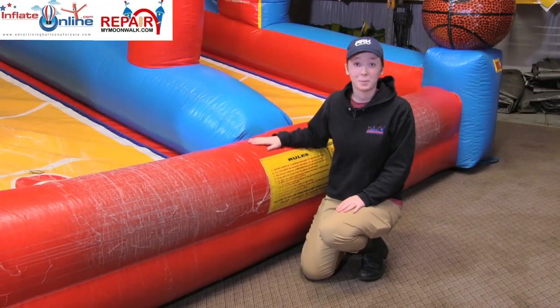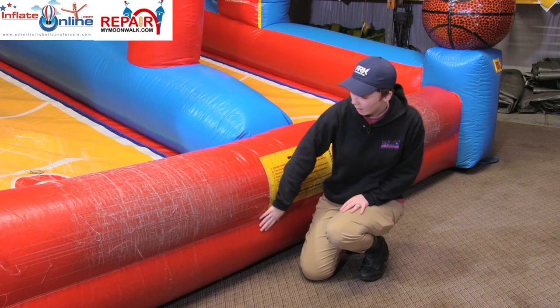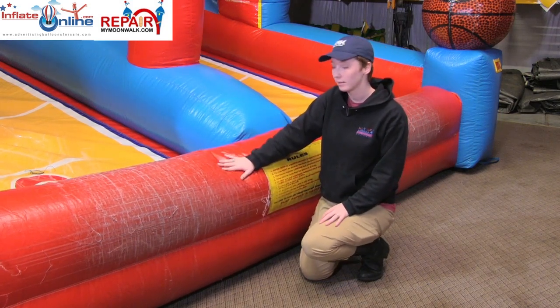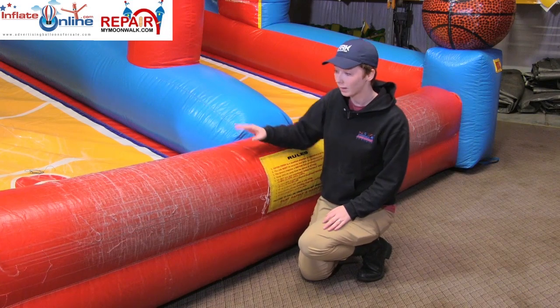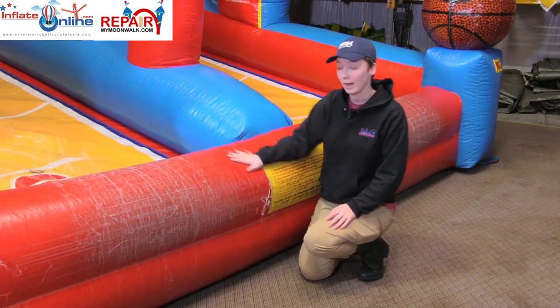Here we have an inflatable basketball shoot game, and as you can see on the front, all of this material right here, all of this vinyl has worn down. This is from common wear and tear because this inflatable is 7 or 8 years old, and so after many years of use of kids putting their hands on it, leaning on it, the coating on the vinyl has worn